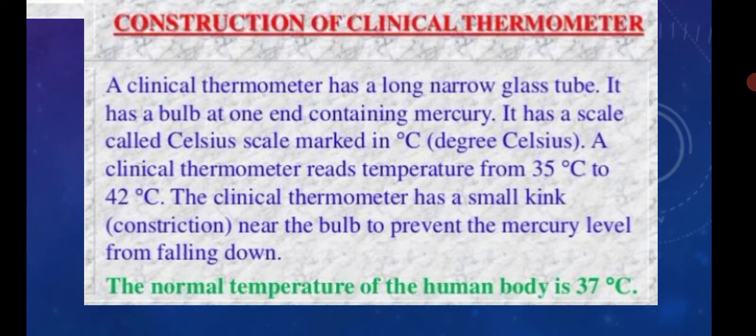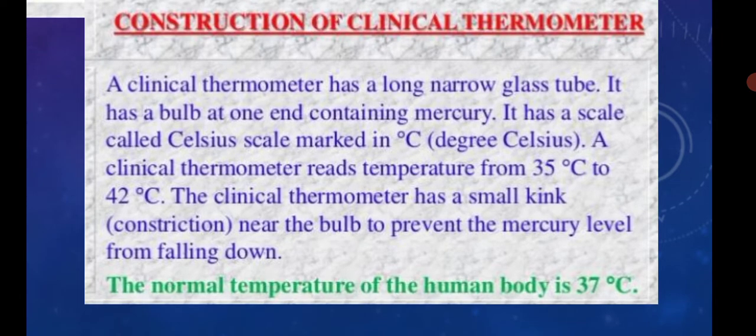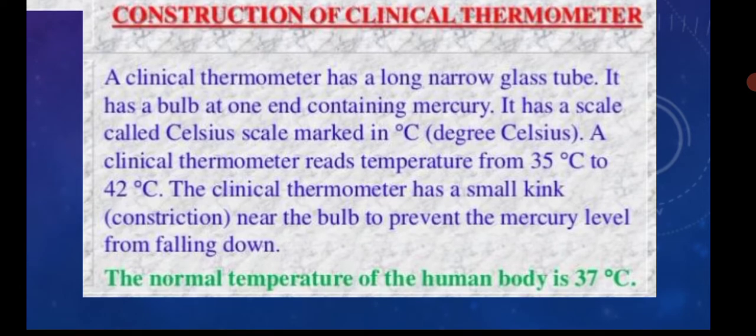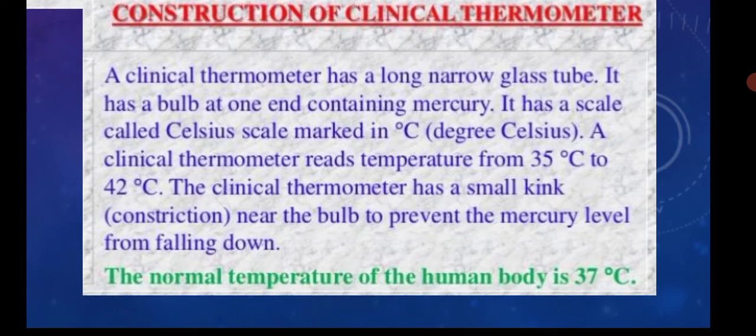Here, the clinical thermometer. A clinical thermometer is used to take the body temperature of human beings. It is also called a doctor's thermometer. In a clinical thermometer, the lowest temperature is 35 degrees centigrade and the maximum temperature is 43 degrees centigrade. The normal temperature of a healthy body is 37 degrees centigrade and it never drops to 35 degrees centigrade or rises to 43 degrees centigrade unless certain drastic conditions are reached.